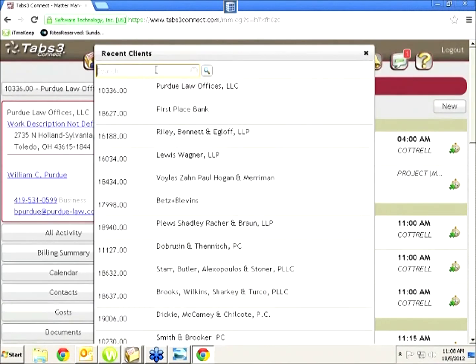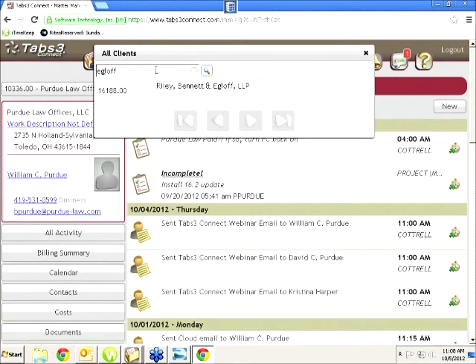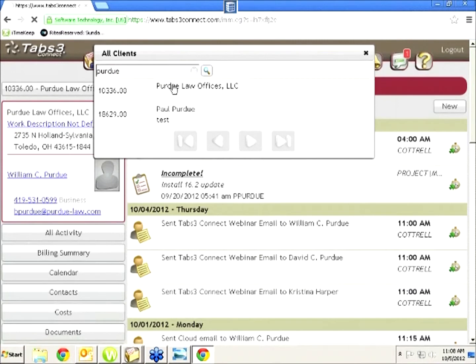I could type Egloff. So that's different, and that's the case when you're going to the client information or going to the matter manager like you are here, or when you're going to enter fees. So from a lawyer's perspective, this is a much friendlier way of searching for a particular matter to get your time into the system. Now I'm going to go back to Purdue, and I'm going to pull up Purdue Law